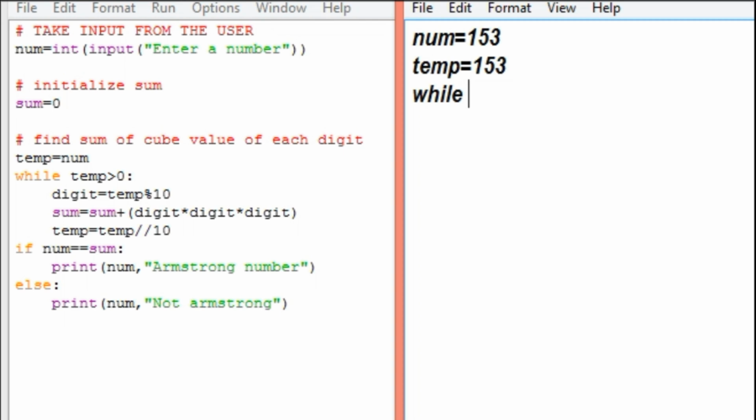The value in temp is 153. 153 greater than 0, true. It enters the while loop. Now we have created a variable digit, and we have performed the modulo operator on the variable temp with 10. The modulo operator takes the last digit of the actual number. So the value 3 is assigned to the variable digit.